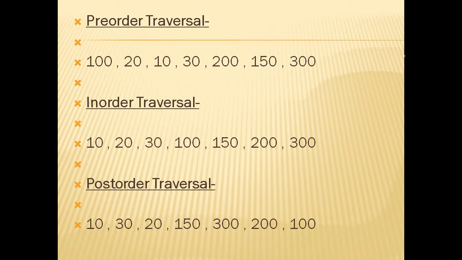But when you observe these three traversal methods, the in-order gives sorted data. When we construct any tree, we can justify ourselves whether it is correct or not. If you get the in-order traversal in sorted order, we say the binary search tree you constructed is correct. If you didn't get sorted elements, there is some mistake, and you need to re-verify it.